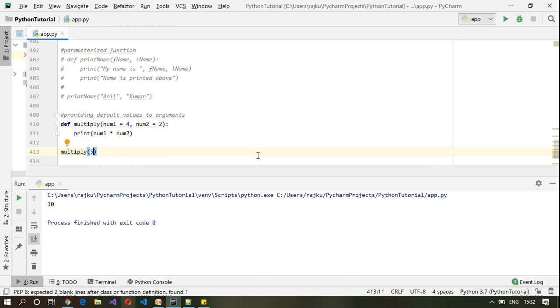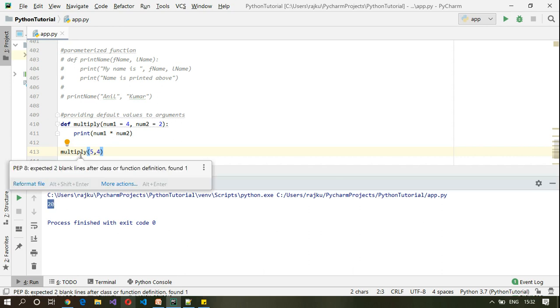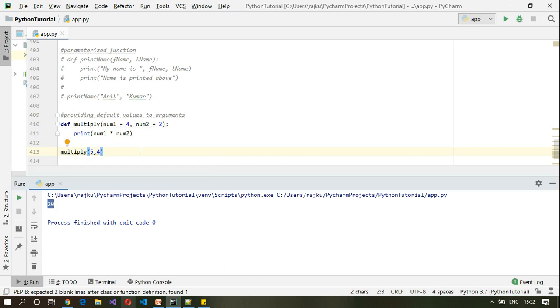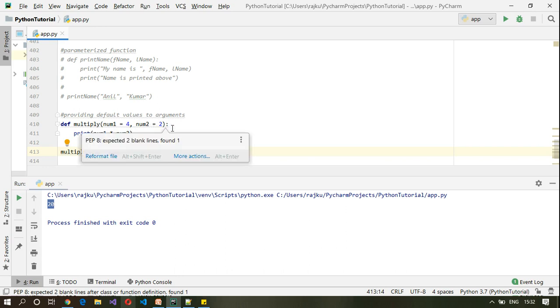However, if I specify 5 and 4, that means both values, then it will take 5 and 4 as num1 and num2, and then 5 multiplied by 4 is 20. So this is how you can provide the default values. If you haven't specified any values when calling this particular function, then it will assume these default values.